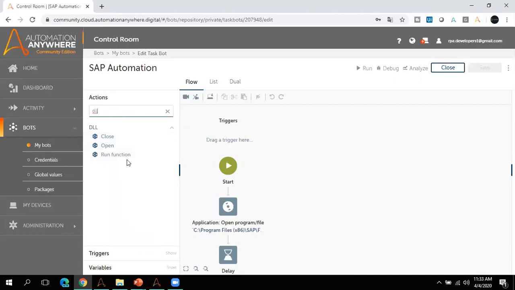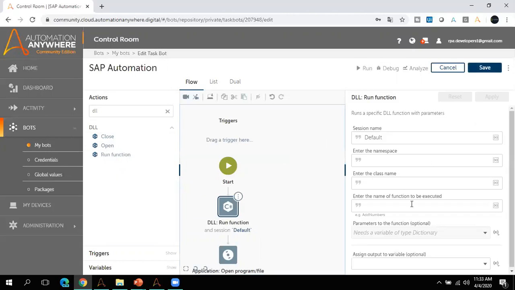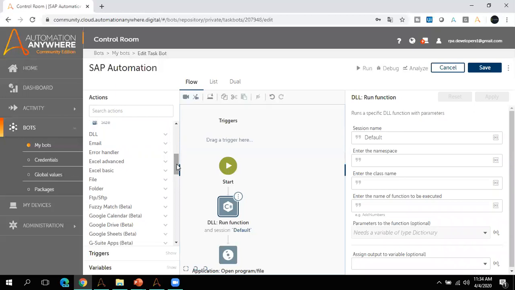So here, if you want to add any DLL, you can directly go ahead and click this run function. Let's say I'm keeping it here. On my right hand side, you can see these properties, which are asking for some information. If you fill in this information, you'll be able to run your DLL, right? So they have added many new commands. Another is, if I go to the dictionary, they have added so many new things. I'm going to talk about some special commands. I'm going to create some more videos on A2019 and explain each and everything in more detail.